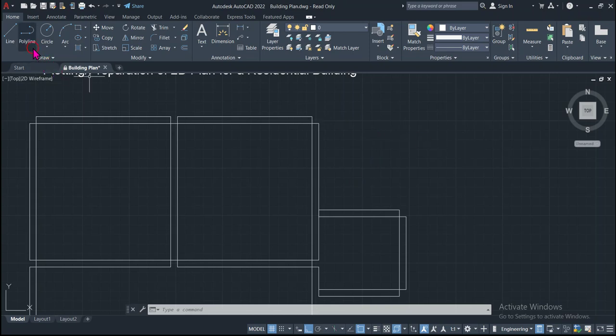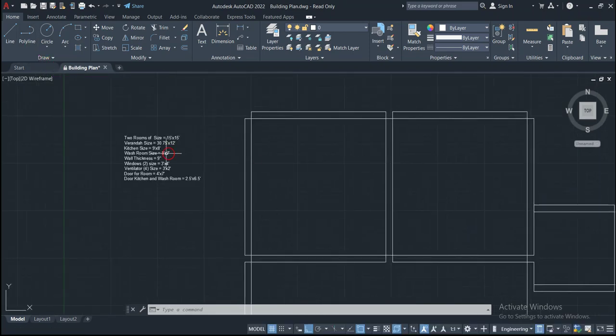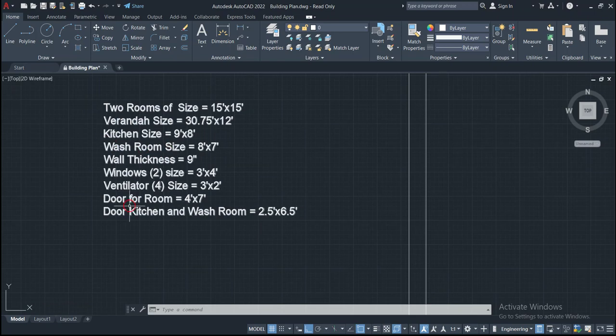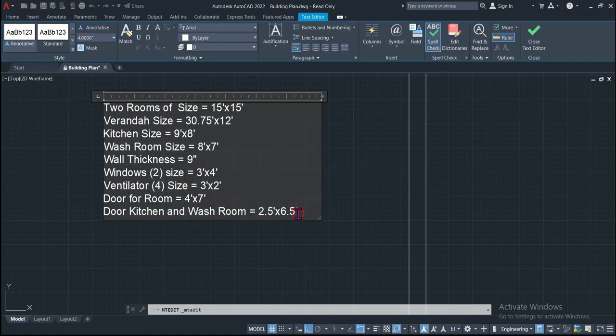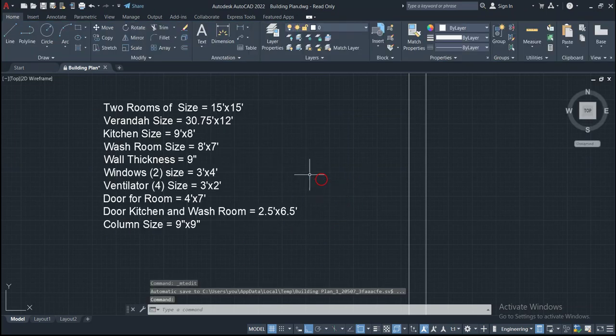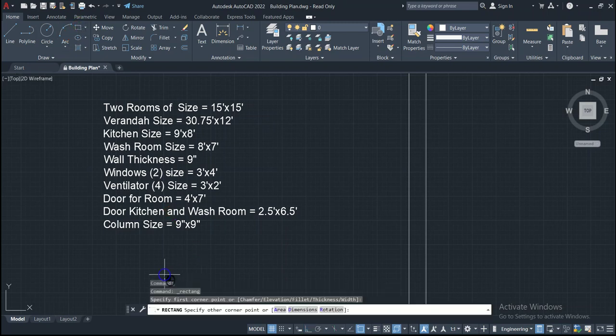The size for the column is not given here, so we will add the size for the columns. So column size is equal to 9 inches by 9 inches. So we have to draw a column of size equal to 9 inches by 9 inches by simply clicking on the rectangle, and then